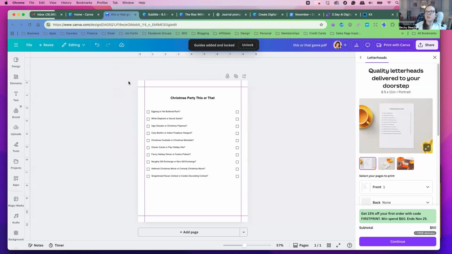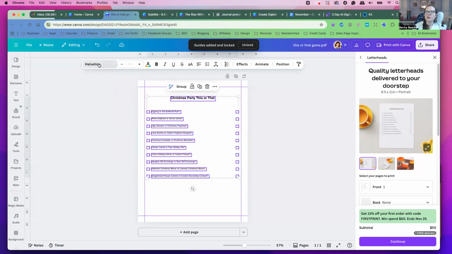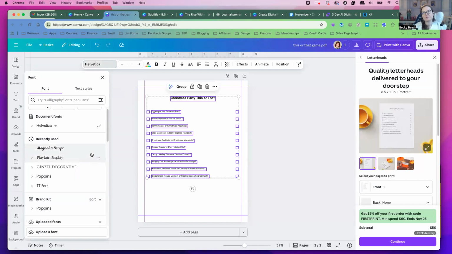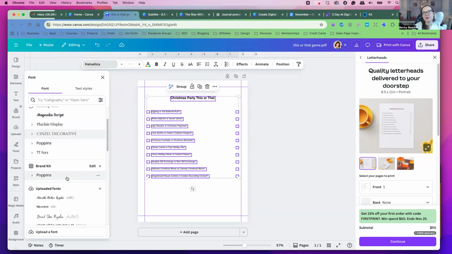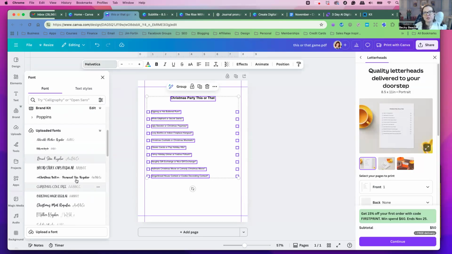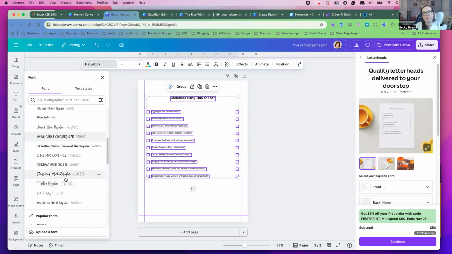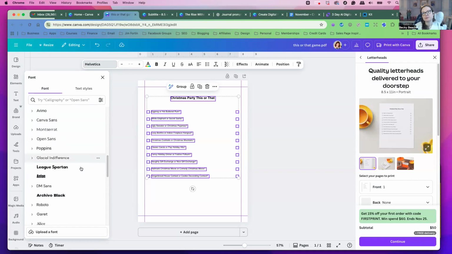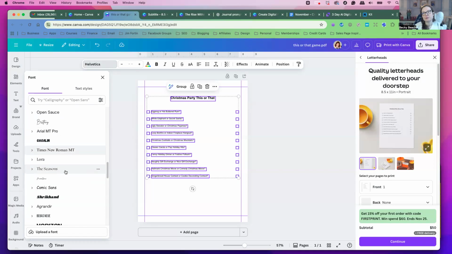And then you can also change the font, because right now the font is Helvetica, and that's a sans serif font. And we could decide, I might make it, let me see, I have this custom font called Christmas Cove. You can upload fonts if you have a pro account, and these are all uploaded fonts I've used in the past for my printables. And I have some Christmas font. So let me see, there's one called The Seasons. Now that sounds cute, I kind of like that.